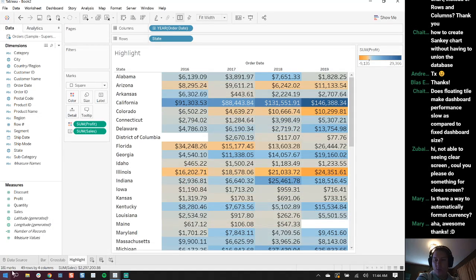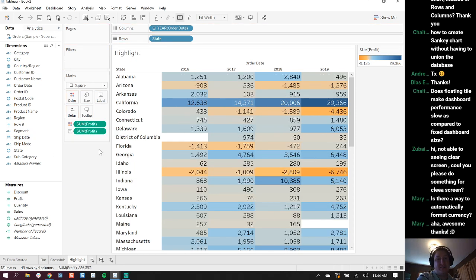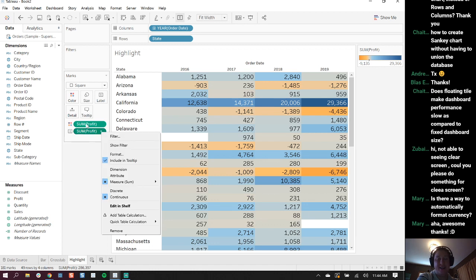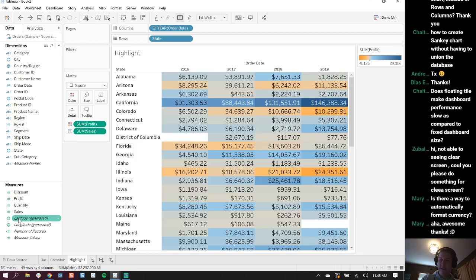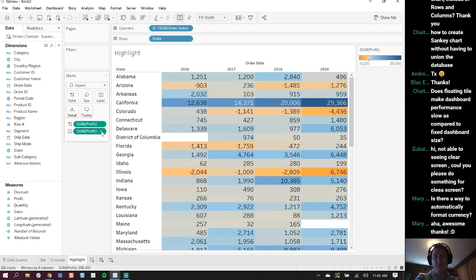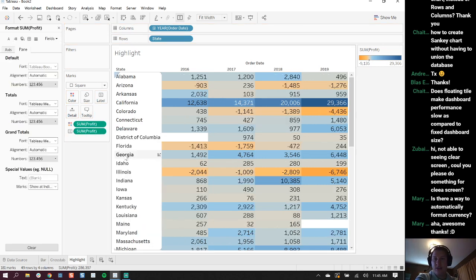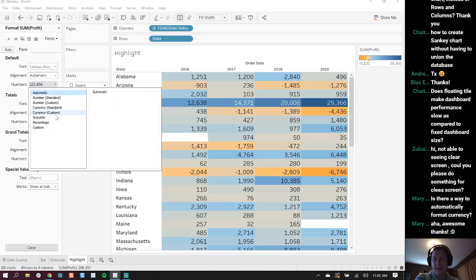So like we had with the bar chart, the color, the diverging orange to blue, is based off of profit, but then we can see the actual sales information. Actually, to make this even better, I'm going to use the same metric, both sum of profit on text and sum of profit on color. And to do that, I just dragged over profit, put it on top of sales on my marks card, and it changed to profit,